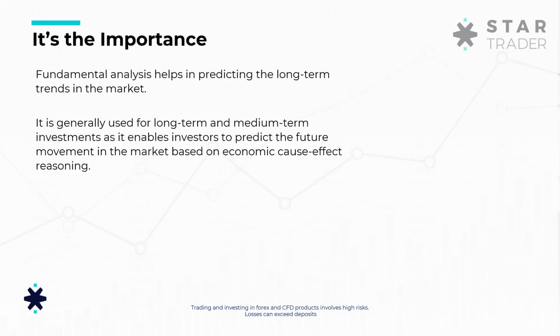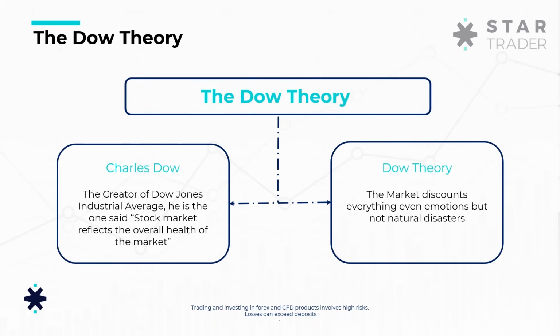But before we talk about the technical analysis, we should know something that is very important. All the technical analysis in the market, all we know about technical analysis is built on the Dow theory. So the Dow theory is for Charles Dow, who was a writer, a publisher by 1900 to 1902. He was publishing in Wall Street Journal. So that guy basically said the market discounts everything, even emotions of the traders, but not natural disasters, because that's something no one can expect.